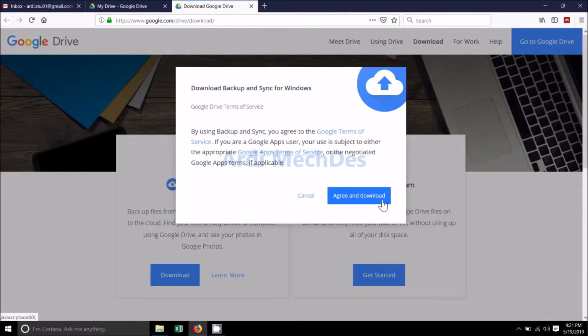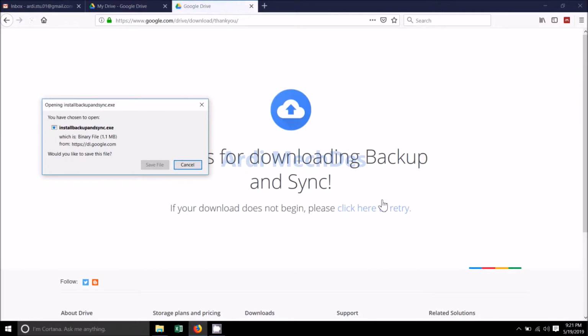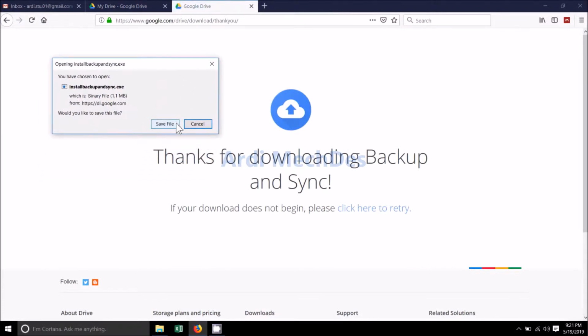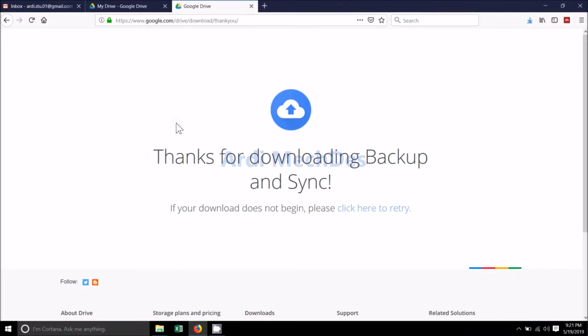Click Agree and download. Save the installer file.